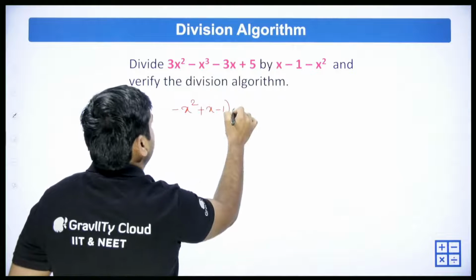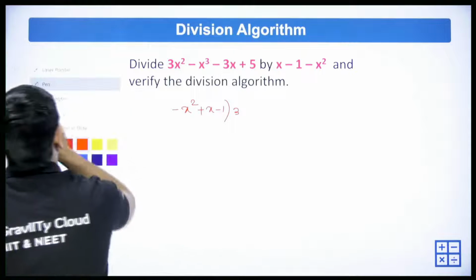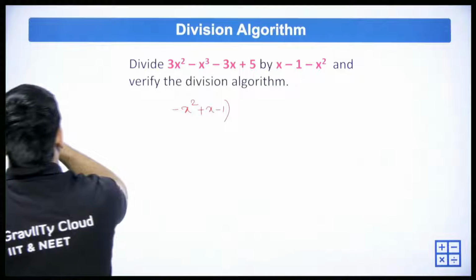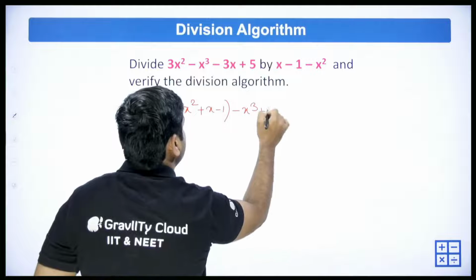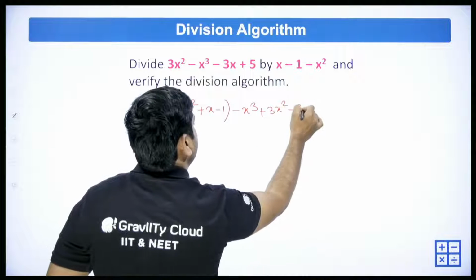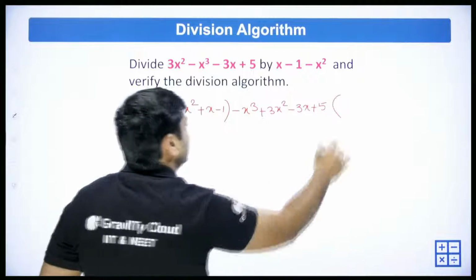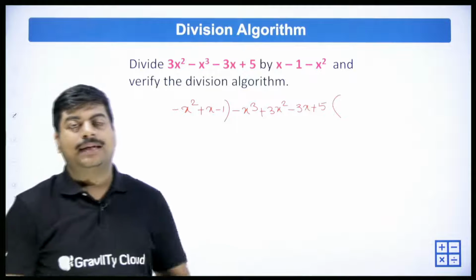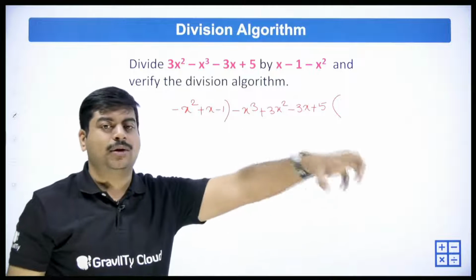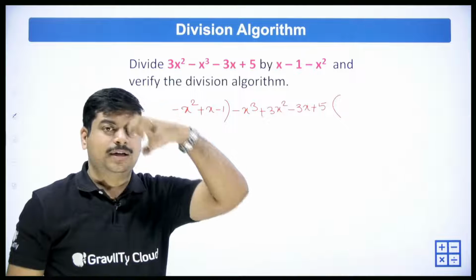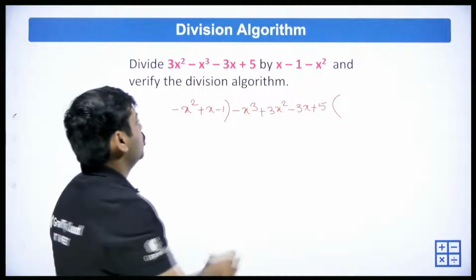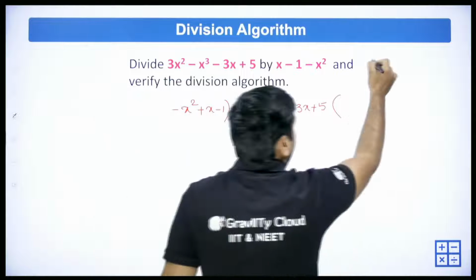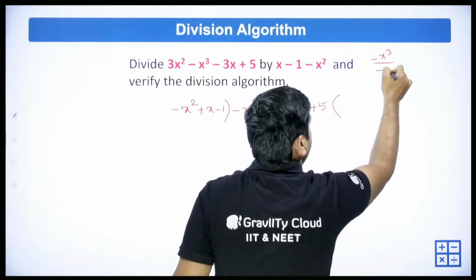The first term we have is minus x cube. Don't forget that. So minus x cube plus 3x square minus 3x plus 5. Always write in the standard format: x cube, then x square, then x, then constant. Every term should be descending in terms of their degree. Okay. So minus x cube and minus x square, if you divide,